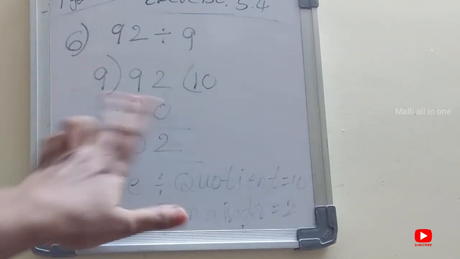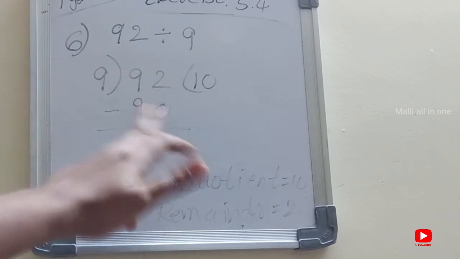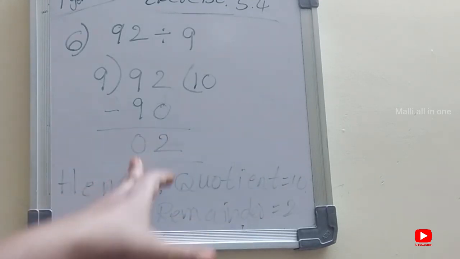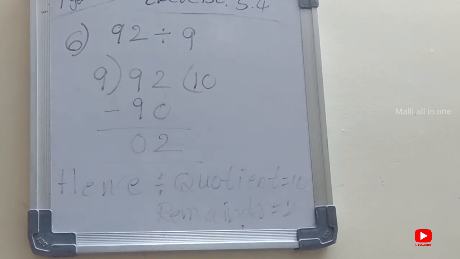Now here 10 nines are 90, we should write like that. Now 92 minus 90, we will get 2. So this is the remainder. Hence quotient is 10, remainder is 2. Okay, 0 before the 2 will be there, why not writing, madam? You are asking like 0 is not counted. Why? Because a 0 before the number is not countable. After a number we count like 10, but before the number we need not count a 0. Okay, I hope you all understand children.